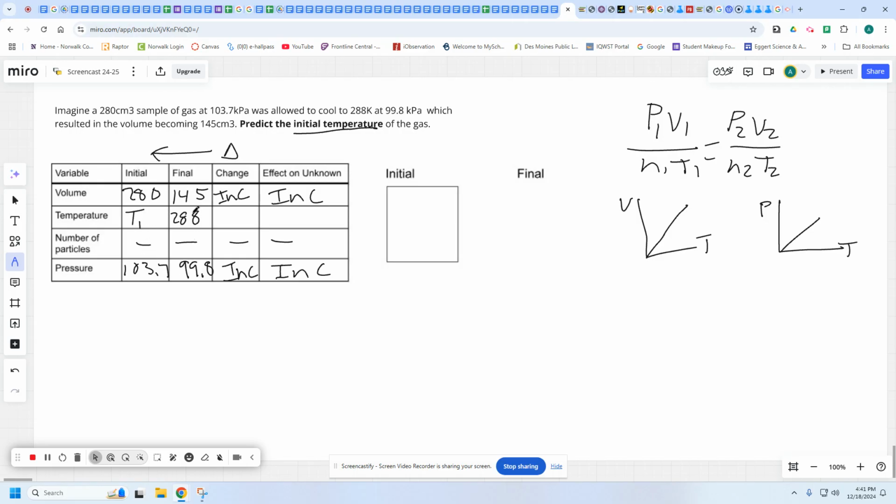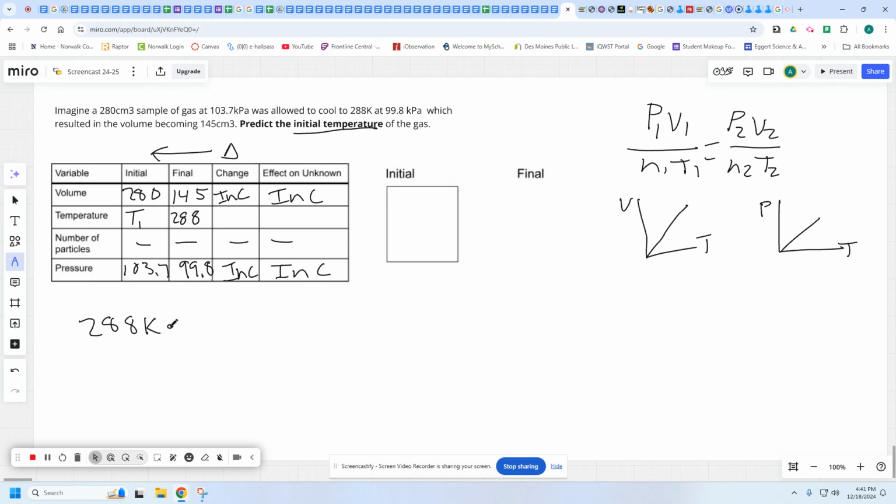Now, out of all the data, we only have 288 Kelvin, but we're missing that partner in crime with the initial temperature. So I'm going to start my unit multiplier off with the lone solo temperature that we're missing the partner in crime to. So if I start off with 288